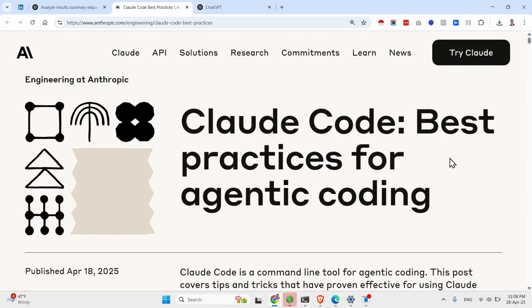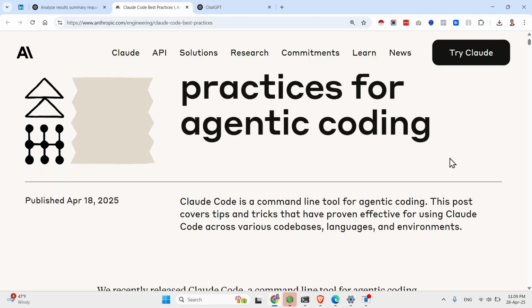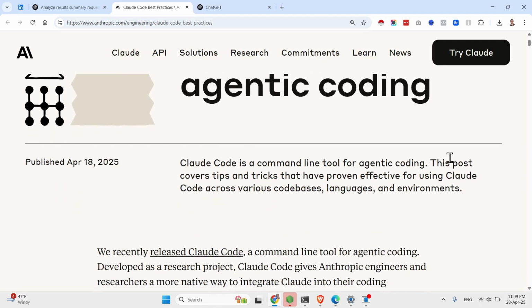Best practices for writing agentic coding. So I stumbled upon this interesting blog post by the Anthropic team, and although it is focused on Claude Code, I believe it is relevant for all of us who are building agentic workflows or are using AI agents or AI coding assistants. I'm not going to go into depth into this blog post, but I just want to share